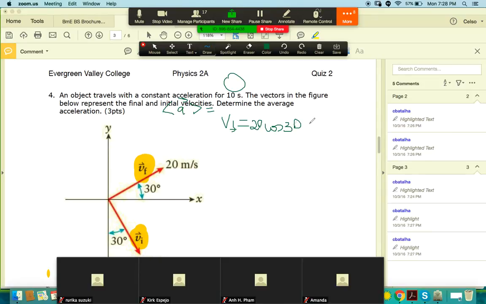V is 20 cosine of 30 in the x direction, plus 20 sine of 30 in the y direction. So that is how you write your velocity in vector components. Now the initial velocity is written as, so in x, vi in x gives a vector that is positive, as you can see. And it is given by